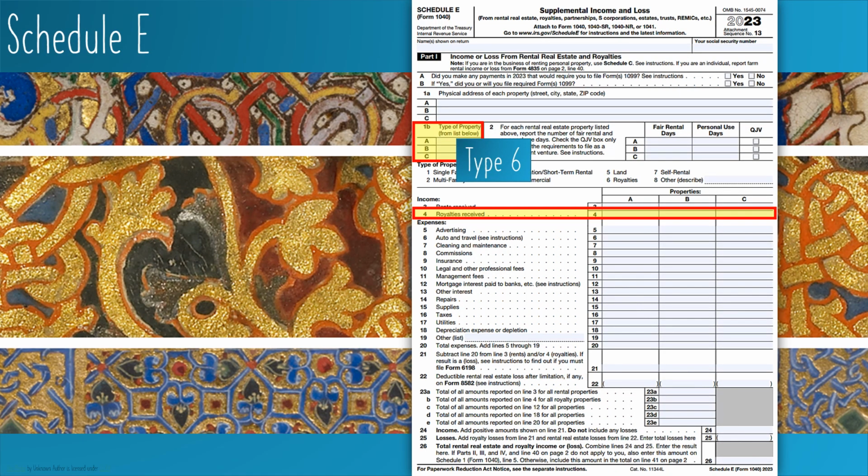And as I briefly mentioned before, royalty income will generate, when you enter it into TaxSlayer, a Schedule E for that 1040 return. And that Schedule E is supplemental income and losses. It reports several different things like rental real estate income, the royalties. It could